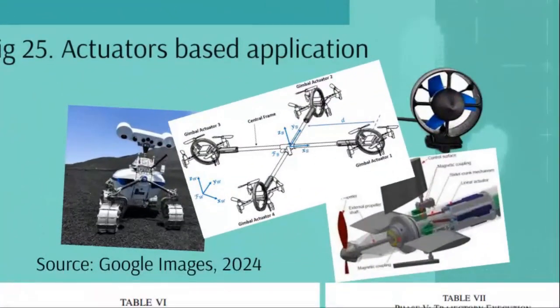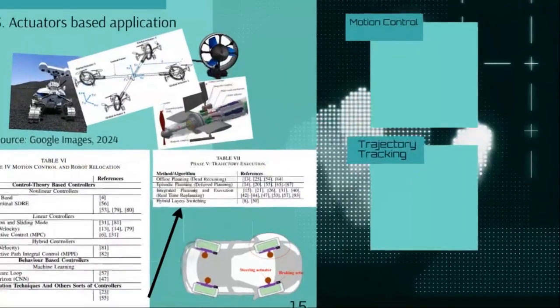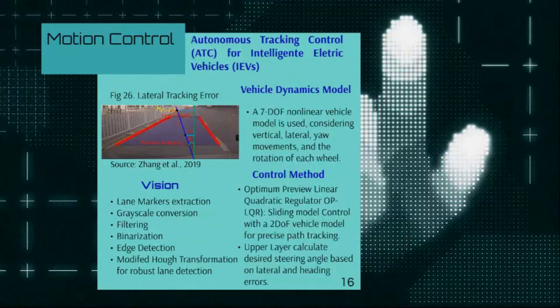Finally, the motion control, we have depicted different actuators from underwater to Mars exploration. Selected the most common papers on controllers, and finally the trajectory execution methods. Then in motion control, we have this paper selection. That is how the controller maintains the autonomous vehicle in the lane using vision methods along with control methods,